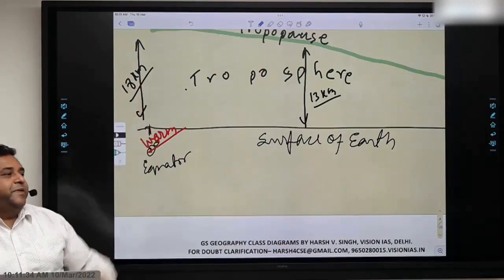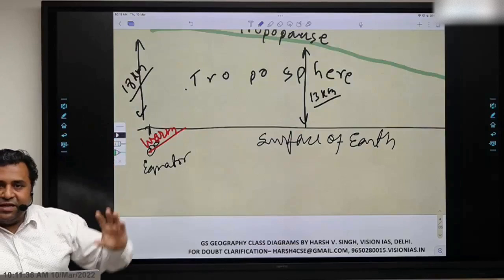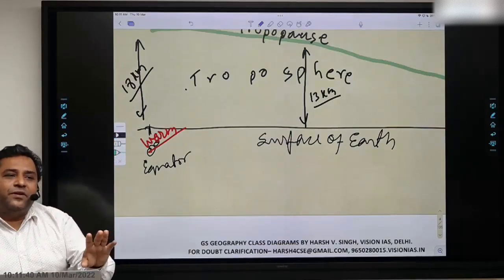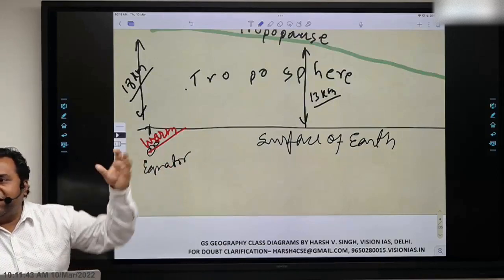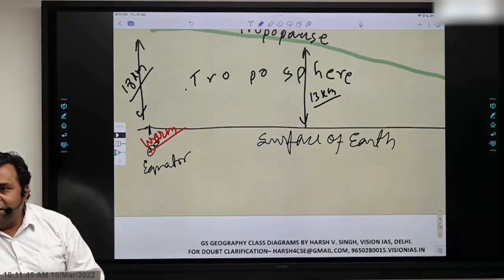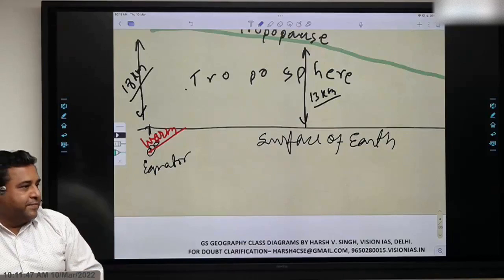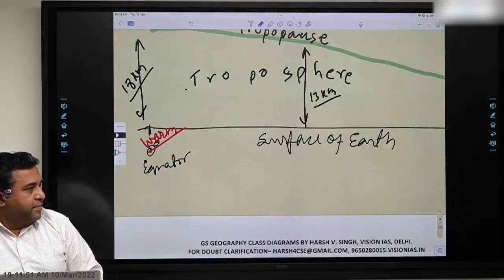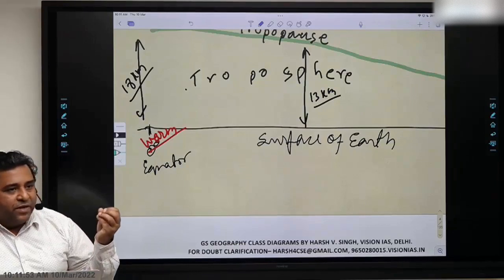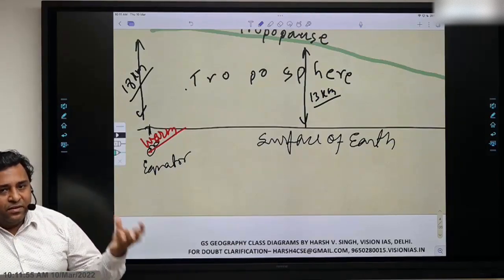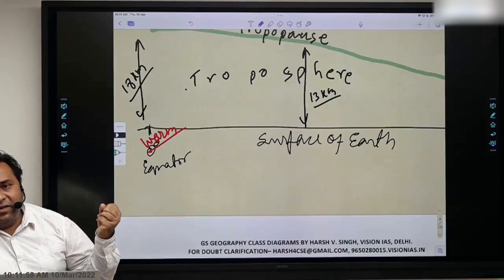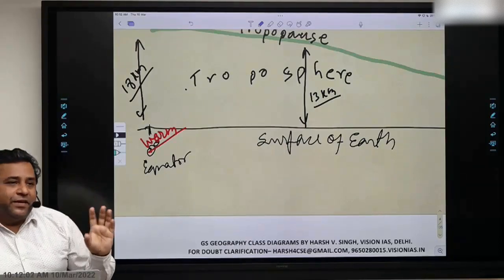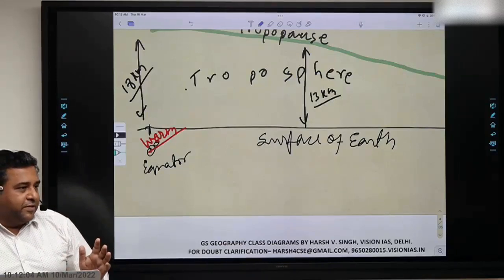So it will rise. Okay, so can I say in this region the air should be rising? ठीक है, ultimately this is what I want you to understand, because I could have said this statement, in the equatorial region the air rises, but I have not given the answer. ये आंसर आपने दिया है, and now you know why it is rising, है ना? So it is becoming warm, hence it is expanding, hence it is becoming lighter, and hence it is rising. ठीक है, तो अब आप समझ गए, अब आपको मुझसे पूछने की जरूरत नहीं है, राइट?